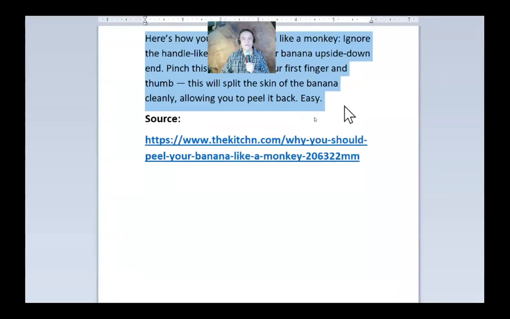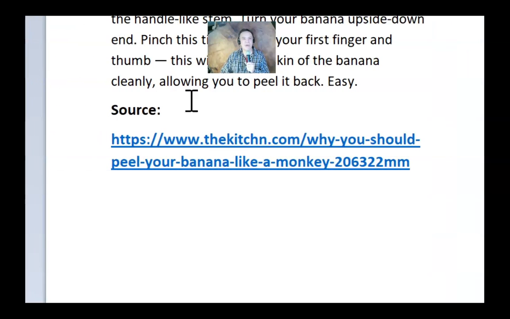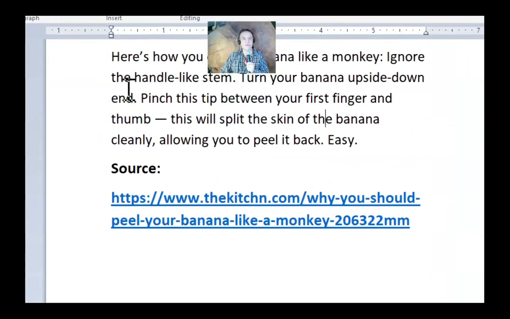Zoom in. Magnifier, pan left 10 times. Pan up 10 times. Magnifier, start reading. Here's how you open a banana like a monkey. Ignore the handle-like stem. Turn your banana upside down and pinch this tip between your first finger and thumb. This will split the skin of the banana cleanly, allowing you to peel it back. Easy. Source: